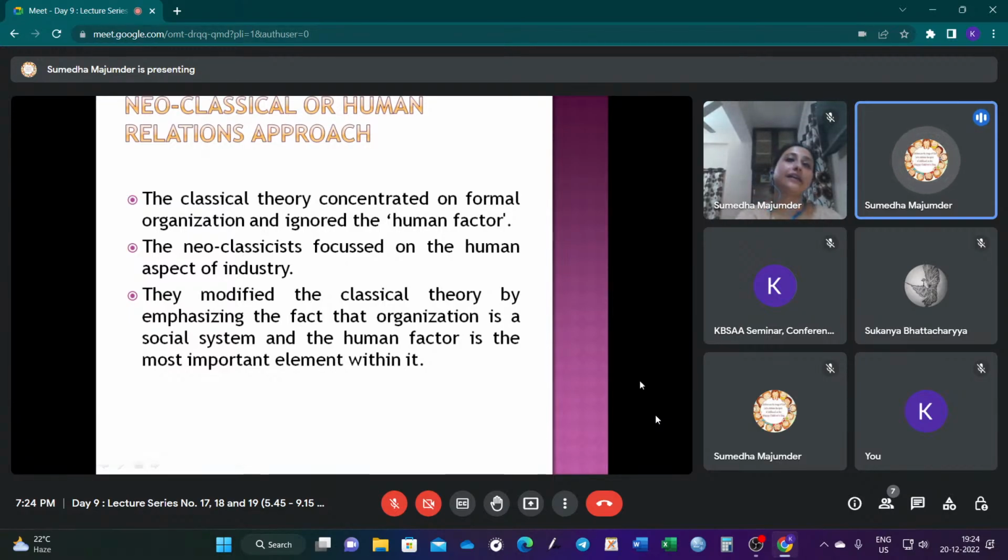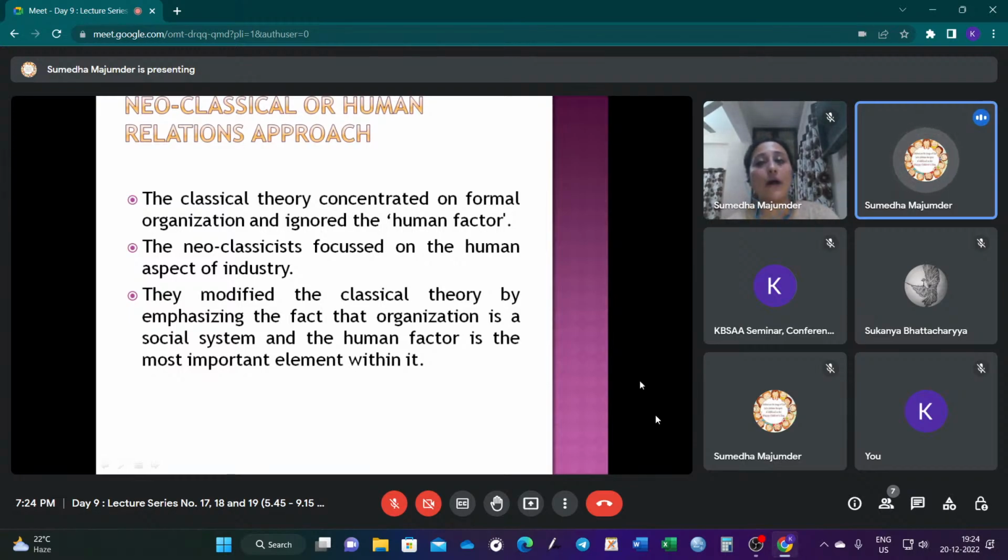And another is the behavioral science approach that is developed by Mary Parker Follett. Mary Parker Follett is also known as the mother of modern management. And there is a basic difference between the classical approach and the neoclassical approach. In the classical approach, it's